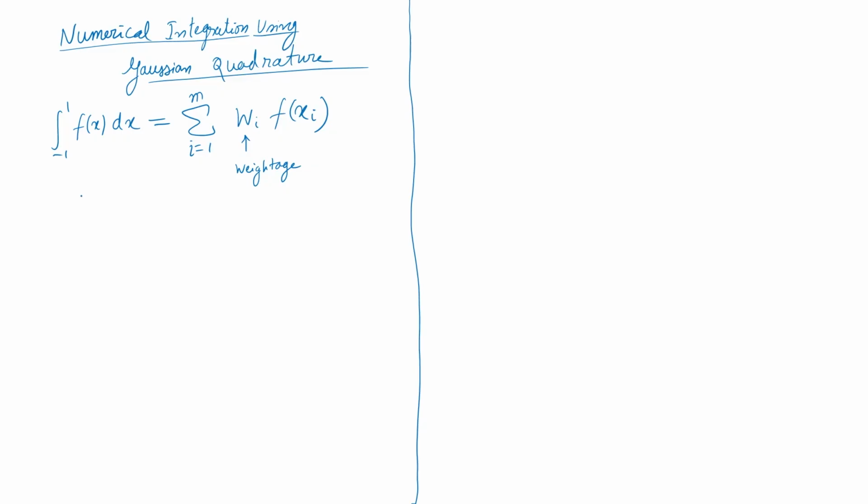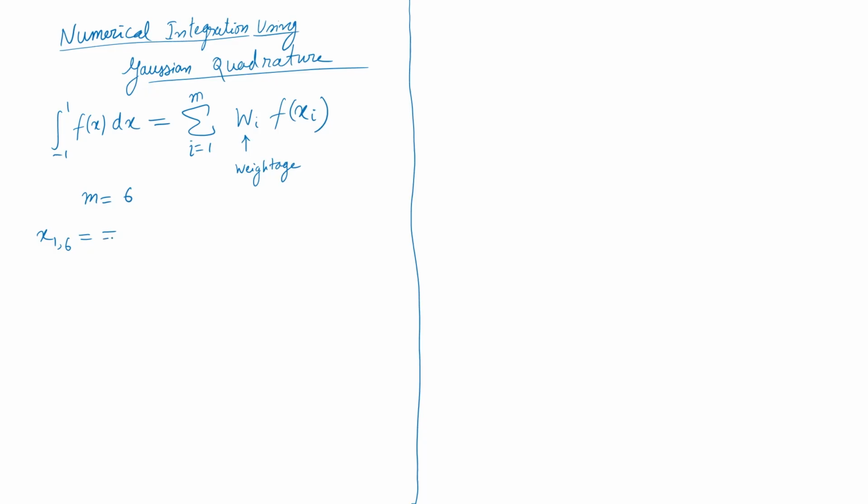The question is, where do I do these evaluations? That is given. Here we will use m equal to 6, and correspondingly I will have these values for the function evaluation points. So f(x_i) means I am going to find the value of the function at a given point x1, x2, x3, x4, x5, x6. I will do the function evaluations and multiply with the corresponding weights w1, w2, w3 to w6. So w1 f(x1) plus w2 f(x2), if I just do this summation, it will give me the integration from minus 1 to 1 with a very high degree of accuracy.